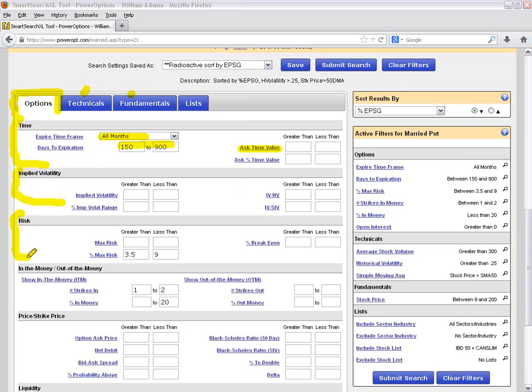The risk here, of course, when we're talking about married put positions or following the radioactive trading techniques, we don't have a return, but our risk measures that we'd use, we would be looking at the maximum risk monetarily, the percentage maximum risk, and the percent to break even. Quickly choose in and out of the money, and then as we scroll just a little bit further down, and